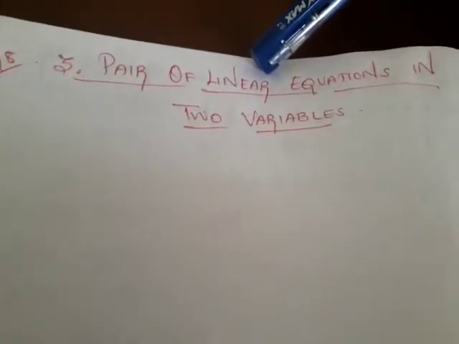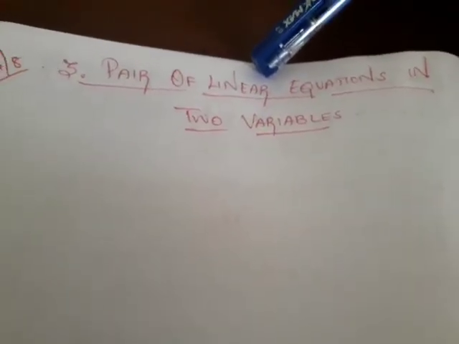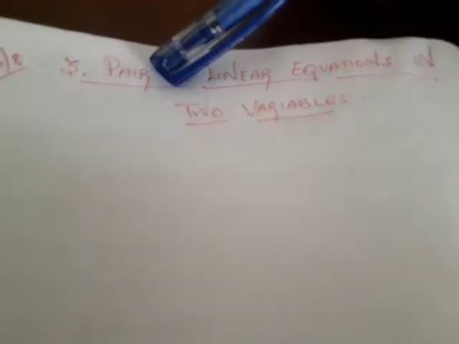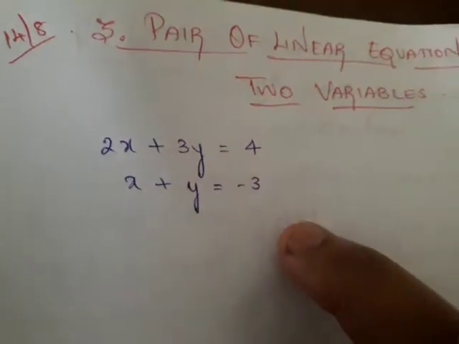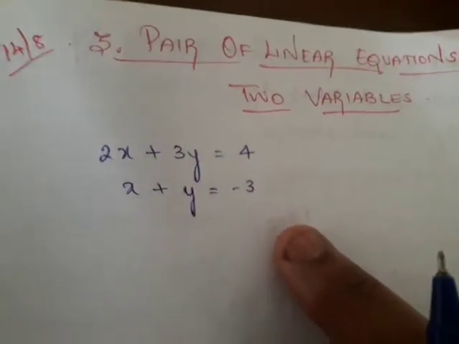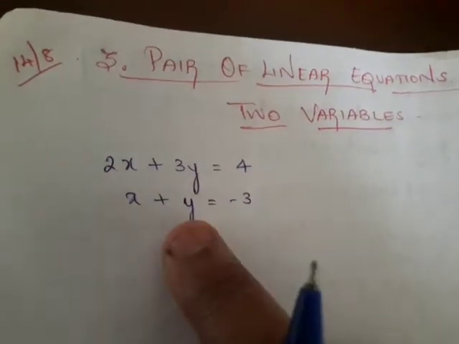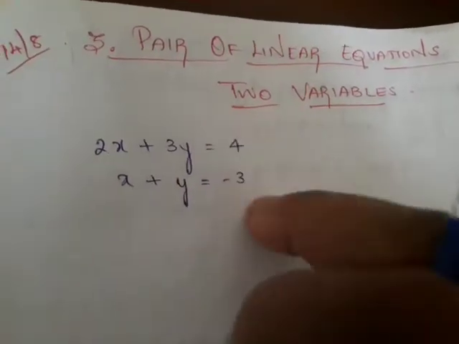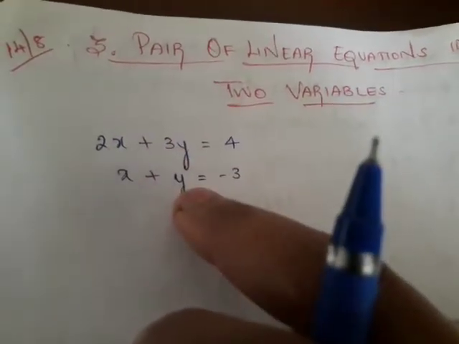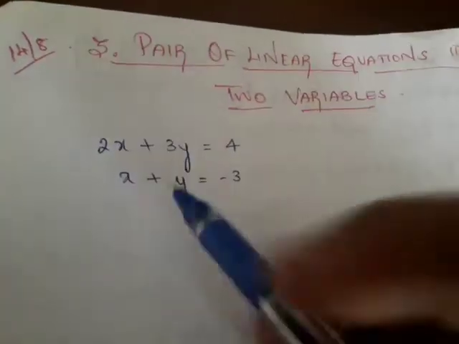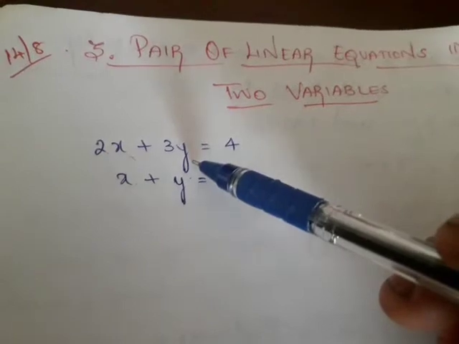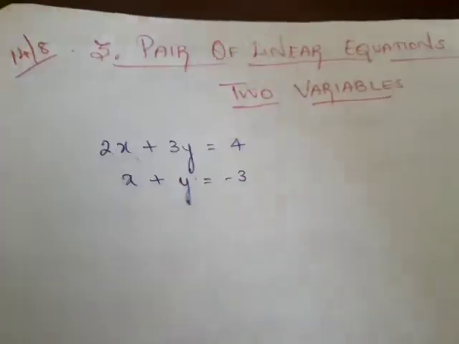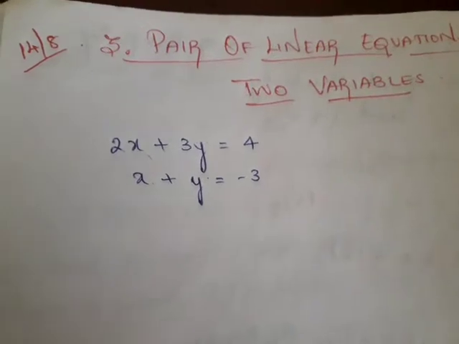Two variables means two different variables, say x and y, and that too not a single equation, two equations, right? Now let's say one example for a pair of linear equations in two variables. Now see, this is an example of a pair of linear equations in two variables, because the degree of the variables is 1, and we have two equations involving two variables. So when we say a pair of linear equations, they should have the same two variables. We are going to deal with two variables. Hope you understood, right? Now let us see what we are going to learn in this chapter first.